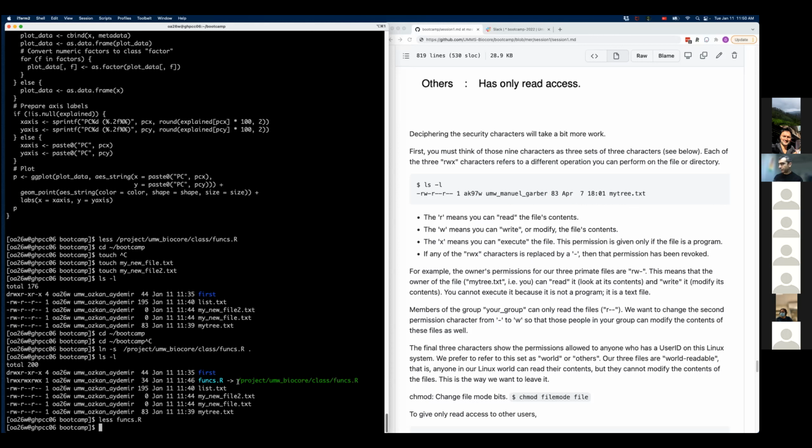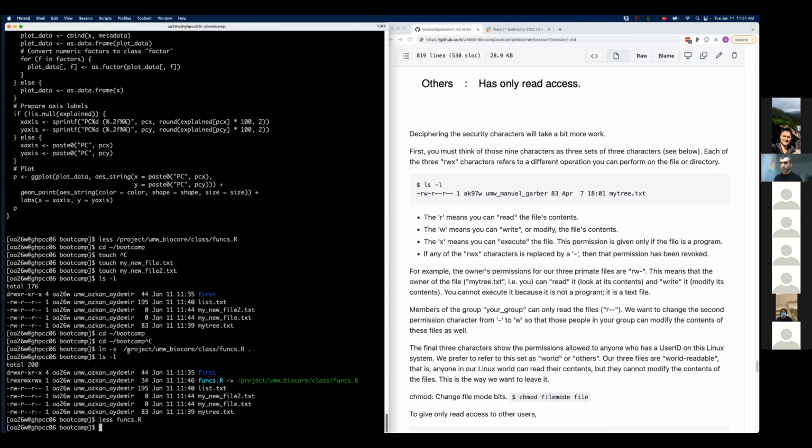So that means that you did not run this exactly as it is here. It means this is a broken link. Is it red? Function R is red, so it means it is a broken link. If this file doesn't exist, that is going to be red and blinking.